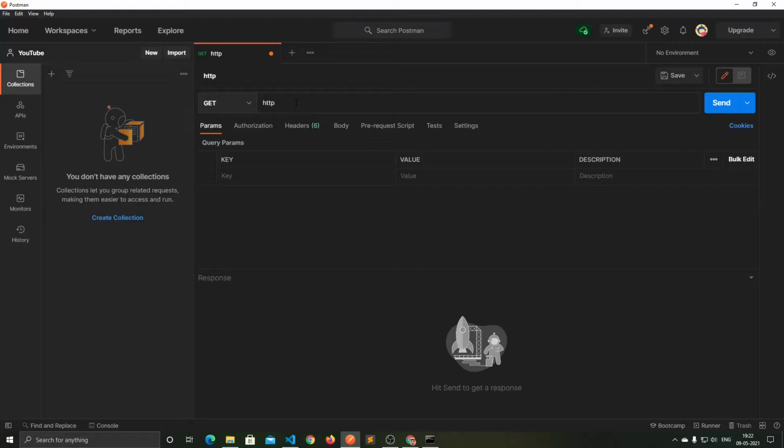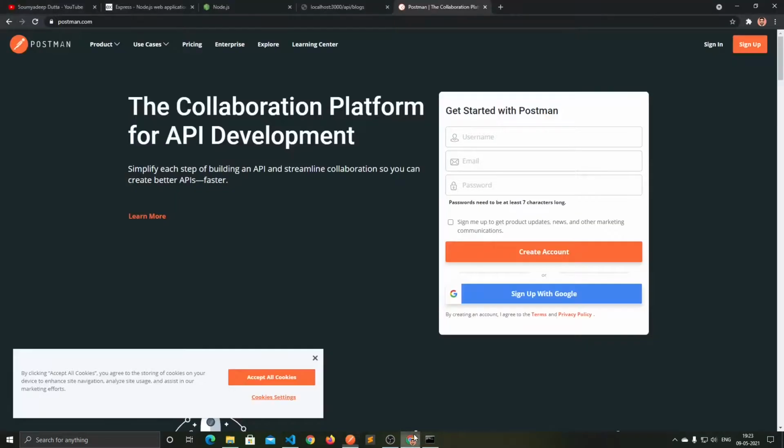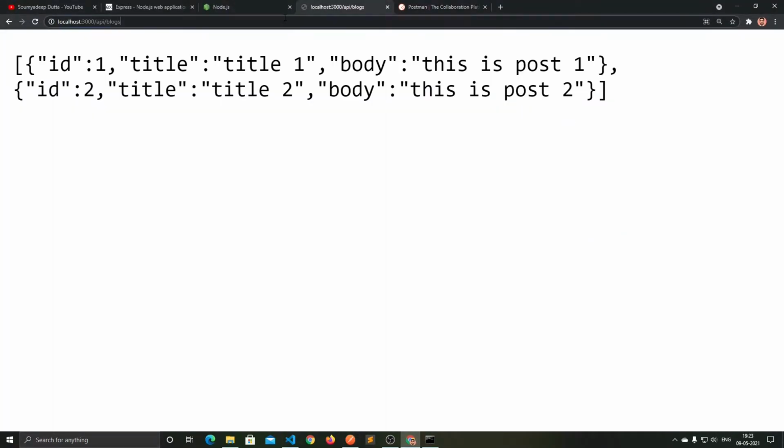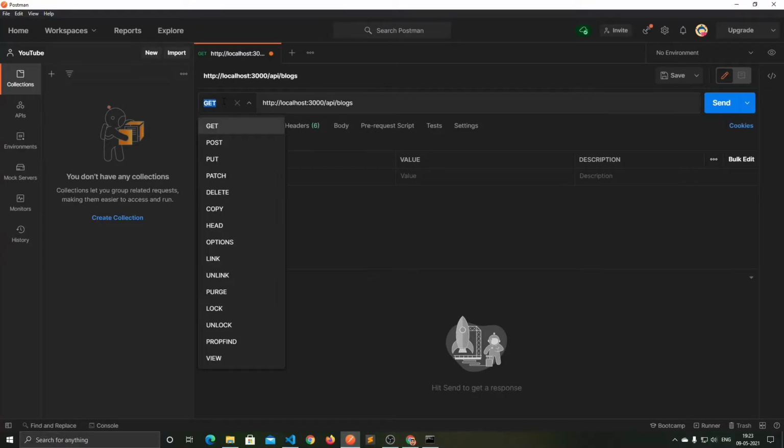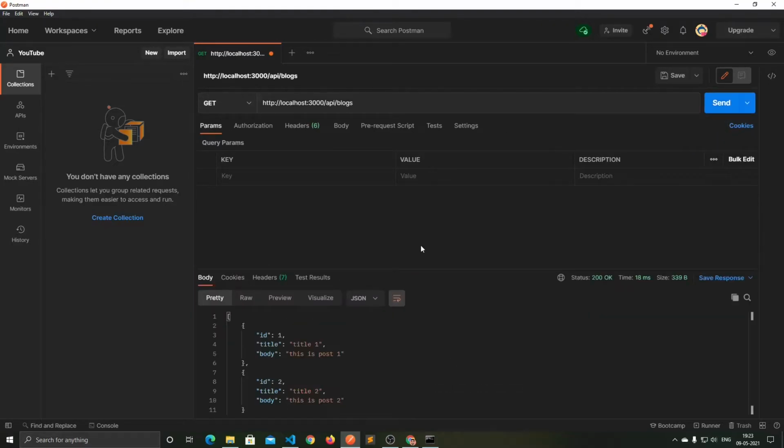Now the URL for our project, we used that in our browser, so we can just copy it from here, Control C, go back to Postman, paste it here, and you can change the HTTP request type from here, get, post, put, whatever you want. And for our /api/blogs, we have a get request to handle, so we'll send, and here you can